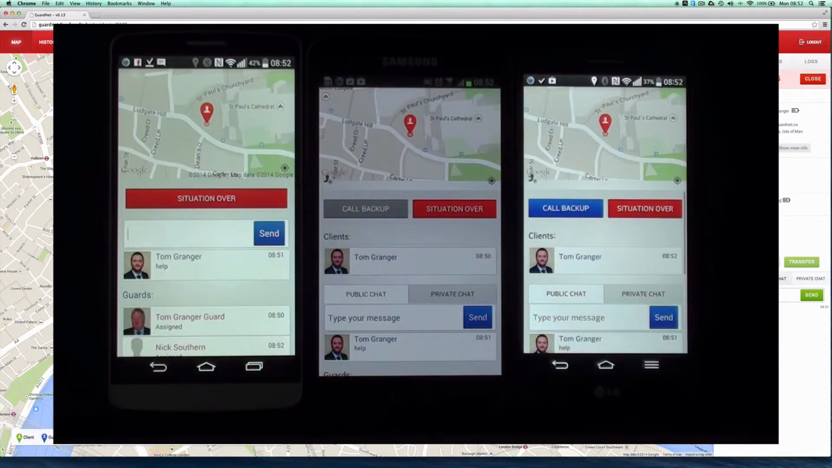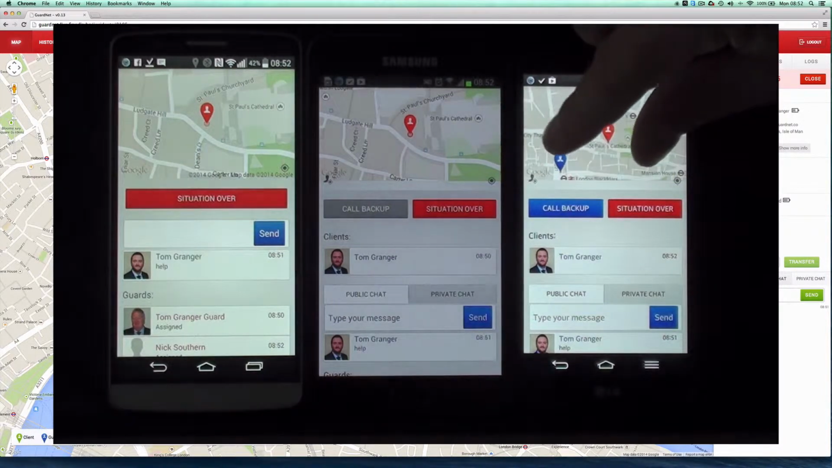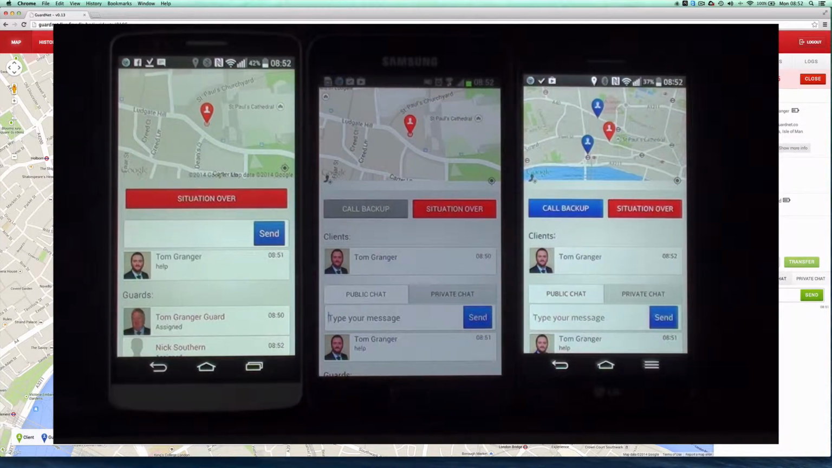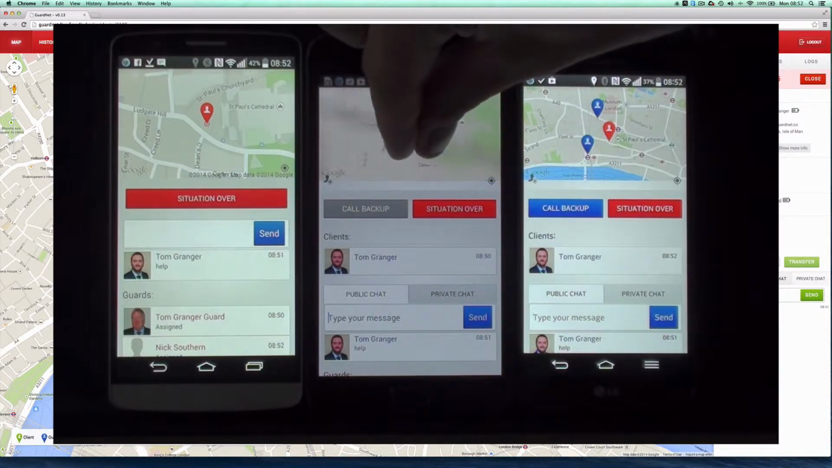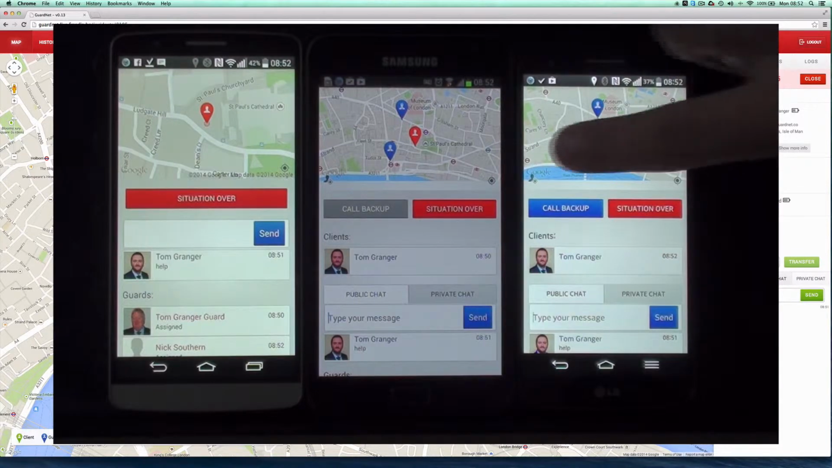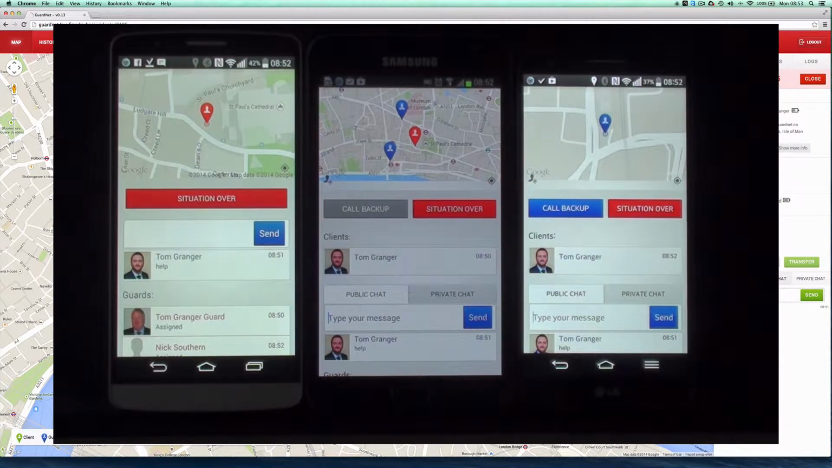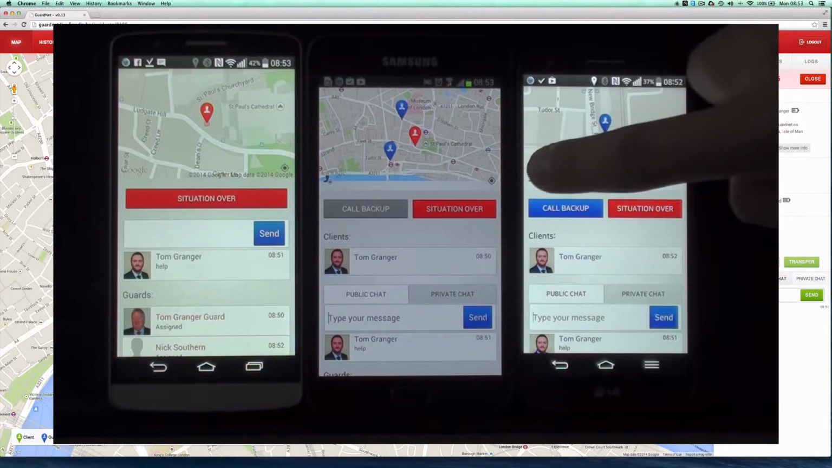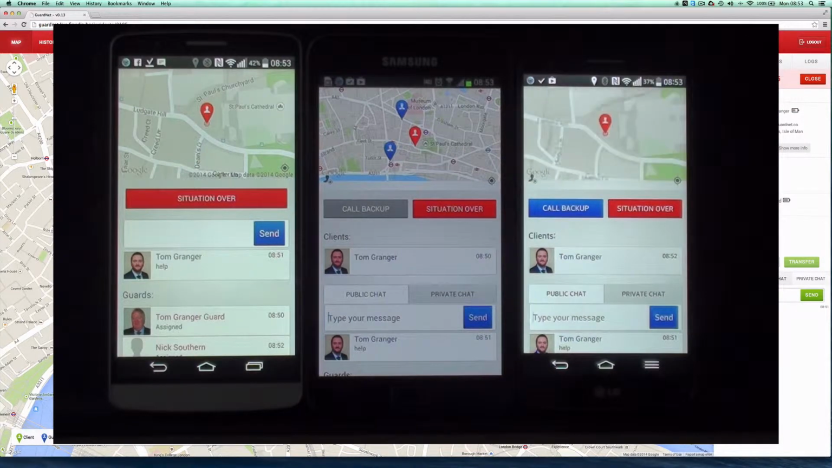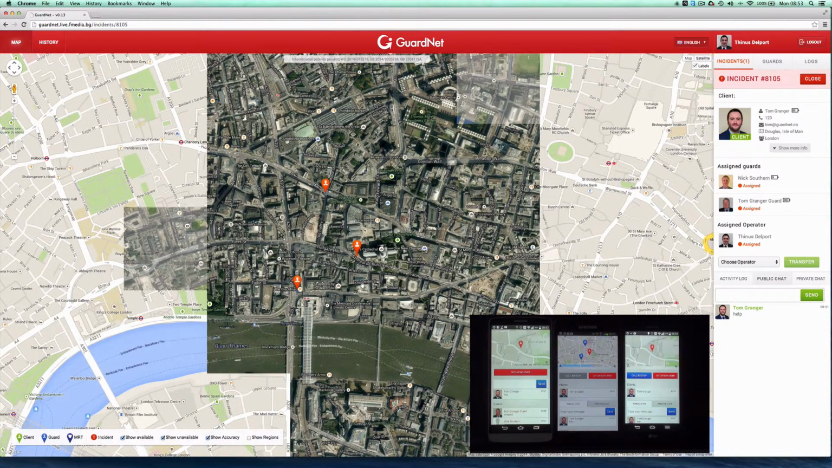So what we can do now is, if we look at the second guard's phone and we zoom out, we can see we have 3 pins on there, as we do on the first one. There are 2 little buttons on each side of the map here. We can use this one to center onto the guard's location, and we can use this one to center onto the client's location. Another great feature we have in here is that we can use satellite view,